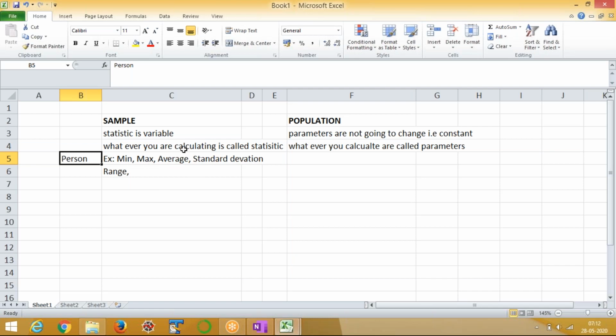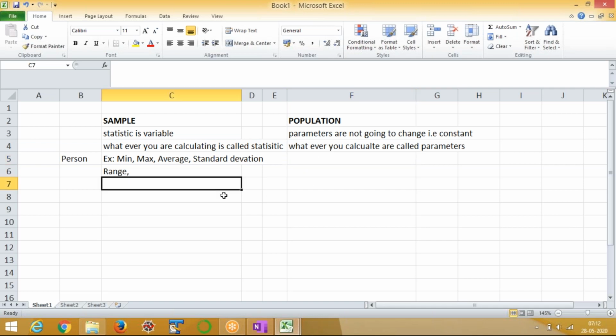Your minimum, maximum, average and standard deviation will change, because every person will have a different data set. But here, if I change the person, every person will have the same data set. So all these values will be the same on the population data. Whoever collects and does these calculations will get the same value. That's why those are called